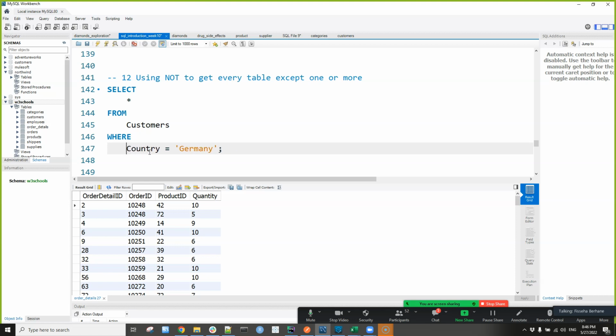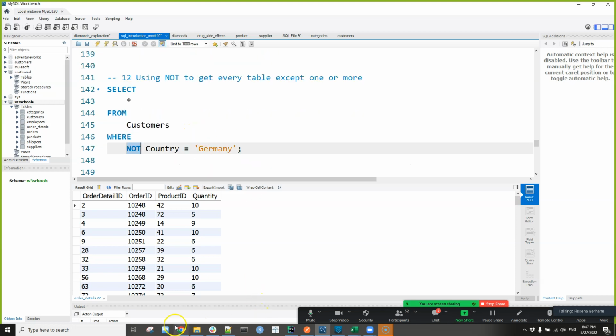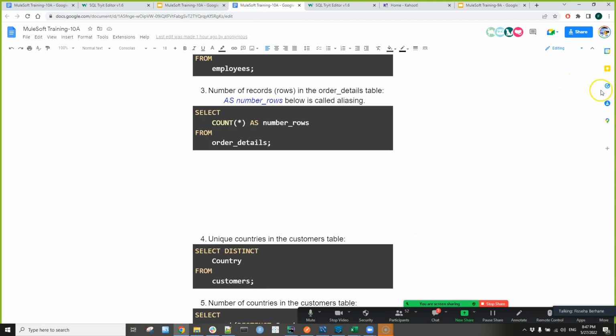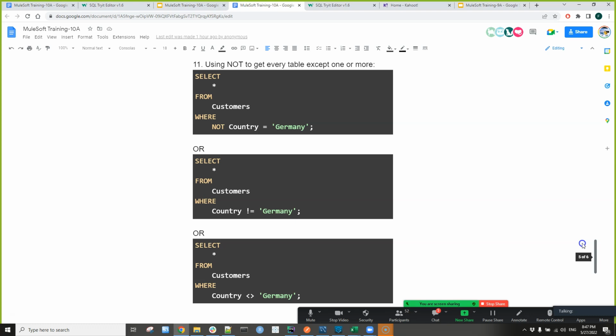Or I can also do this one. I have the next one. Not, we can put it as a negation. We can put it in multiple ways. We can use not, as you can see here, or in here I have added it here. As you can see, we have not country equals Germany,